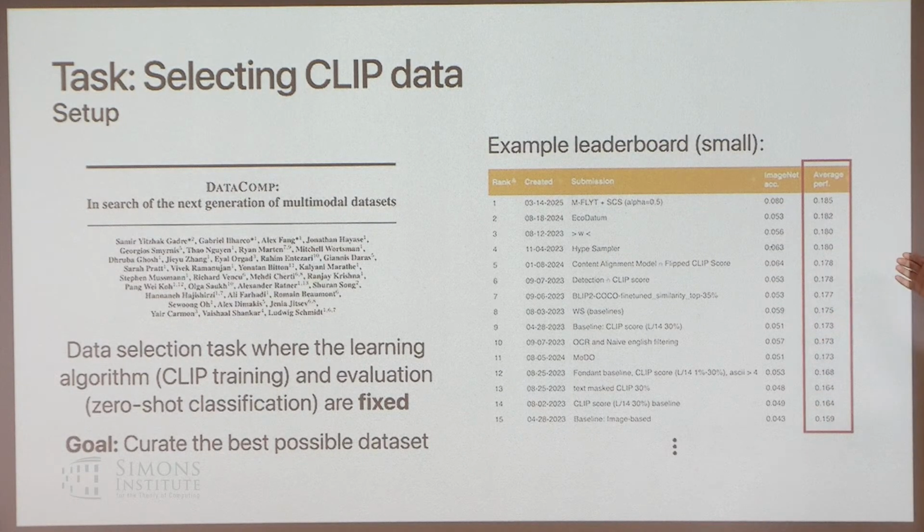Actually, there was a submission, I think, just yesterday or just last week. And the idea is that you submit a data set, they train the model for you, they evaluate the model for you, and then they tell you that you got 0.185 or whatever on this data set. OK, so there are a bunch of submissions. I think there are 20-something in total. And the goal is just to curate a good training data set. And you can see that over the last 2 years or so, the performance has gone roughly up from 0.16 to 0.18 in this small task.